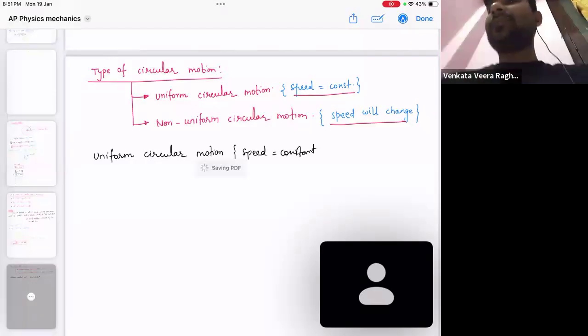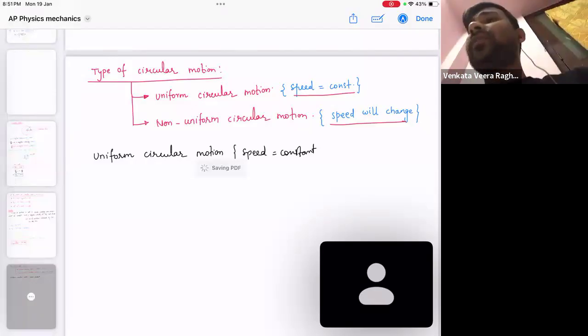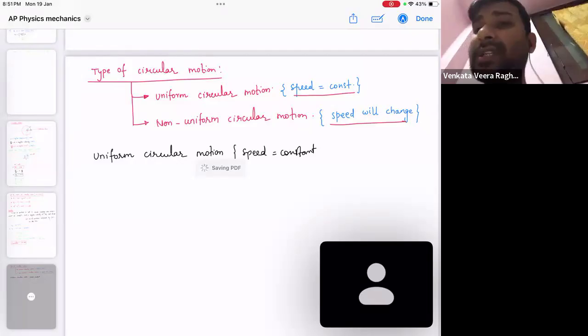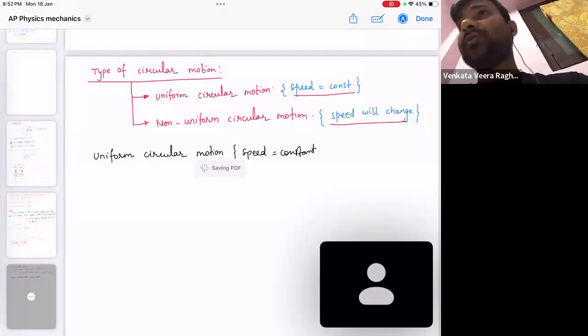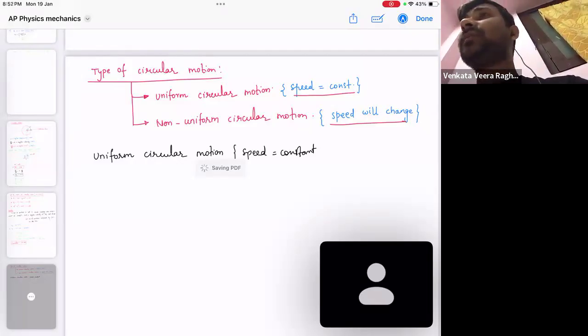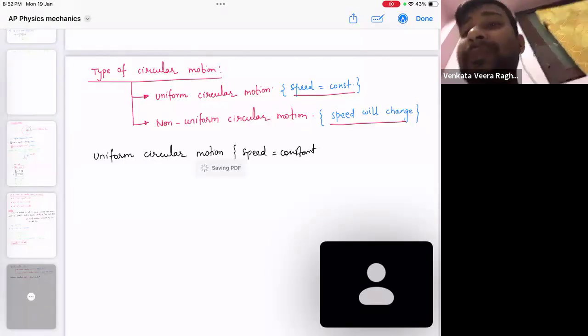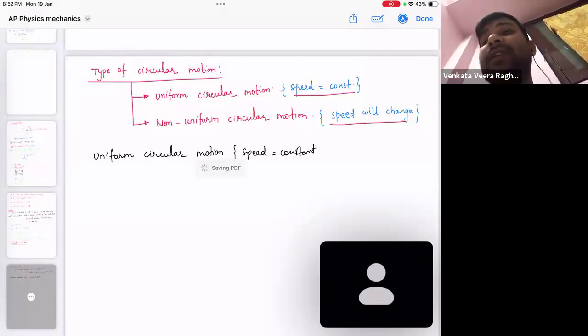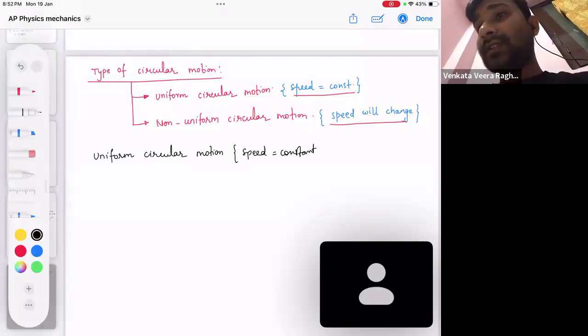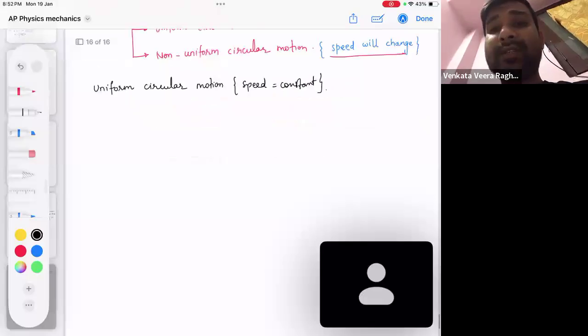Is it this that we have learned in uniform circular motion? Speed constant means velocity constant? No. Velocity constant means speed constant? Yes. But speed constant means velocity constant? No. Understood? So here what is constant? Speed is constant. So if speed is constant, and it is going to do the circular motion,